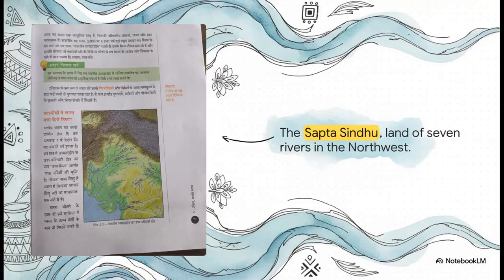We actually find our very first major clue in the oldest known text of the region, the Rig Veda, which dates back thousands of years. It specifically mentions the northwestern part of the subcontinent, a region it calls Sapta Sindhu, the land of the 7 rivers. Now, the absolutely crucial point here is that word Sindhu.